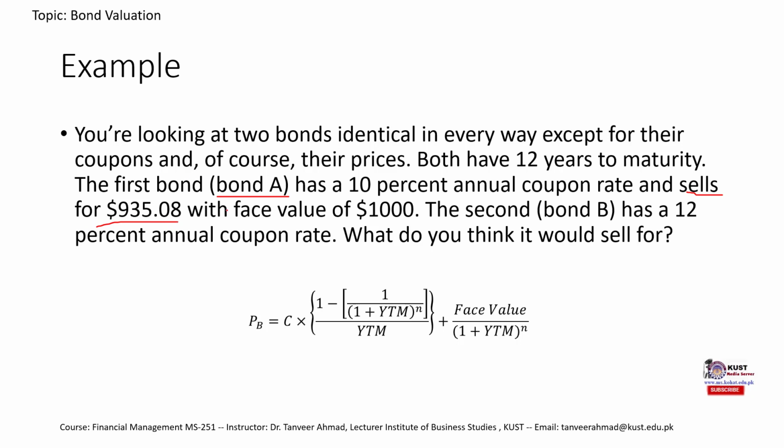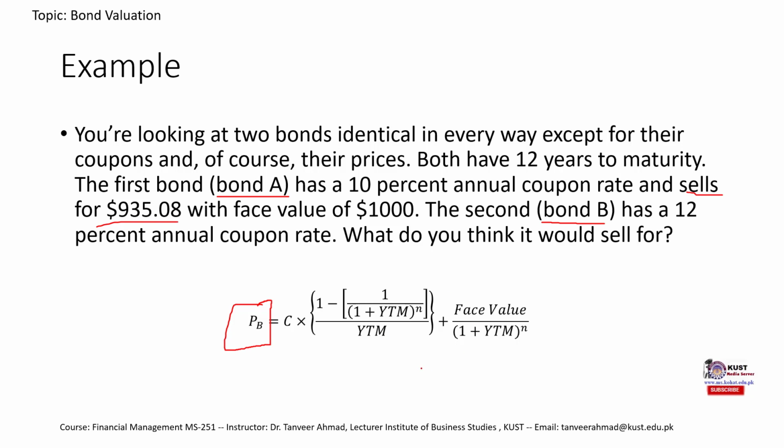So the selling price of bond A is already there. We do not need to calculate the selling price of bond A. The question is asking us to calculate the selling price of bond B. Now, how do we calculate the selling price, or basically the intrinsic value of bond B? The formula would be this formula,